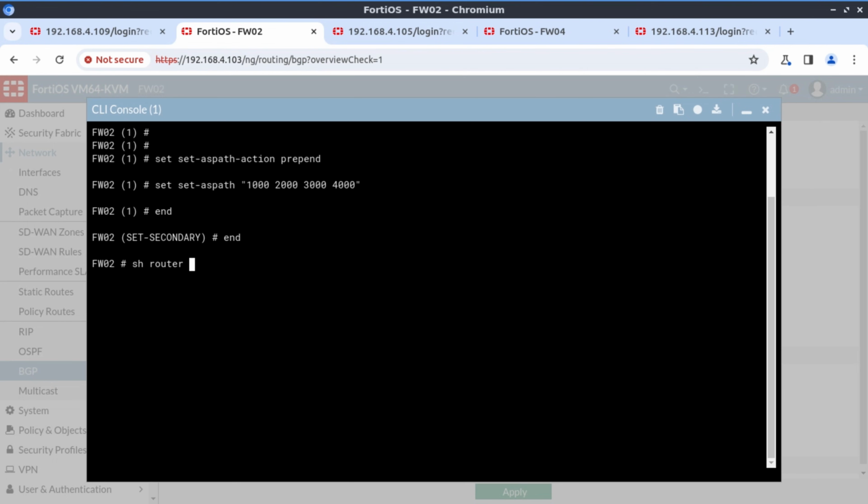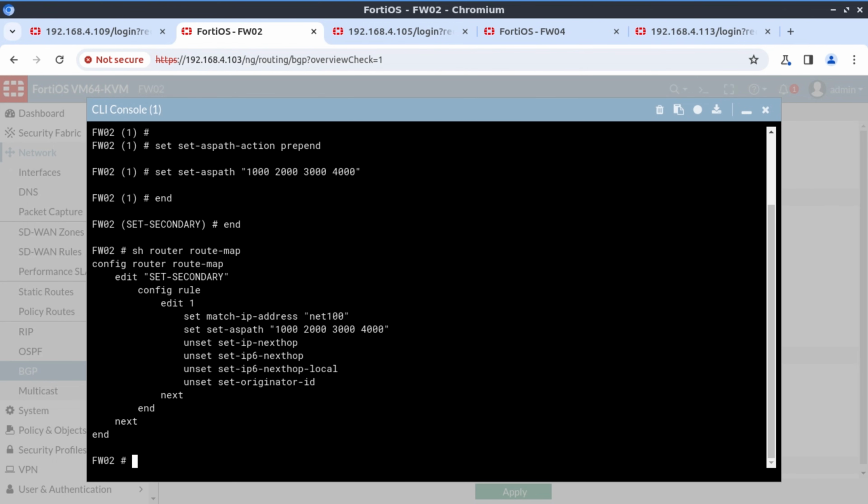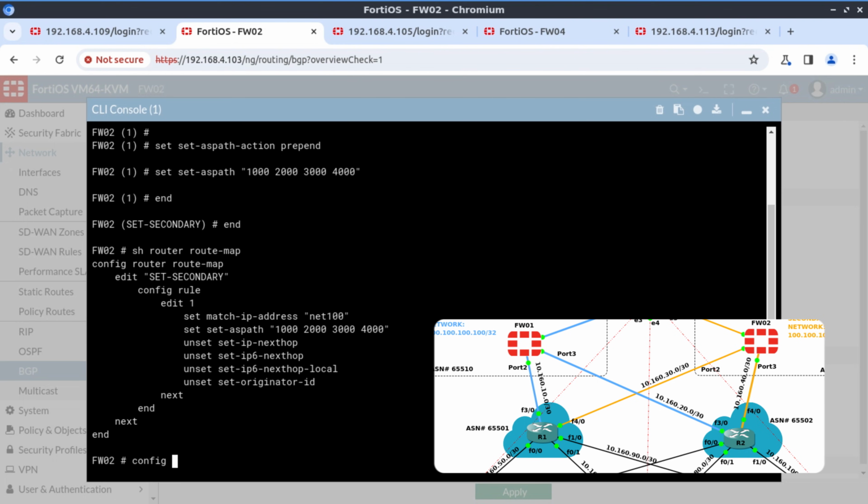Show router route-map. Our route map prepends 4 autonomous systems,